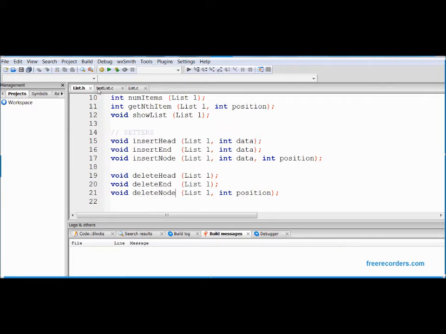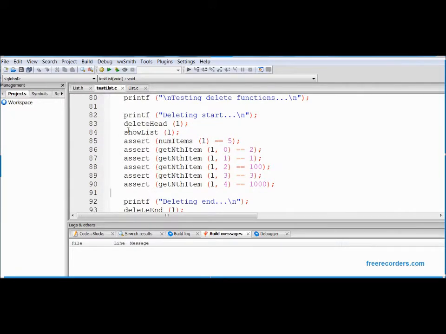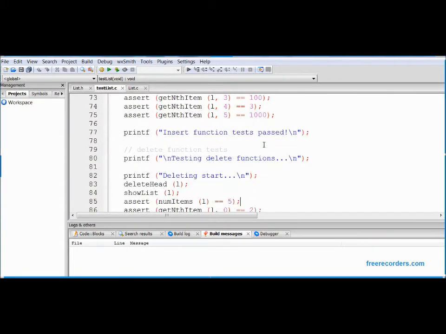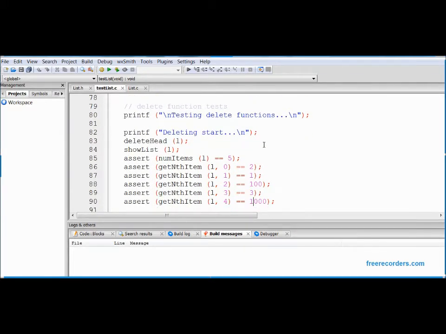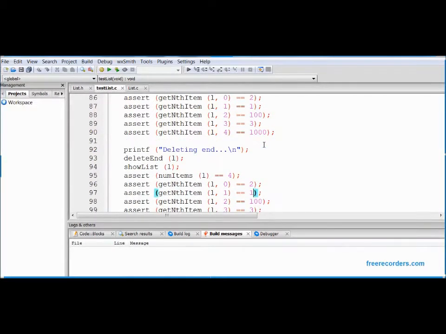So to test these three functions, I have written some tests in testlist.c. So these are the delete functions. The first part, we're just deleting the starting node. Our starting list for this was 1337 to 103 1000. So when we delete the starting node, we should be left with 2 103 1000. Next thing we're going to do is test our delete end function, so delete the last node, so we're left